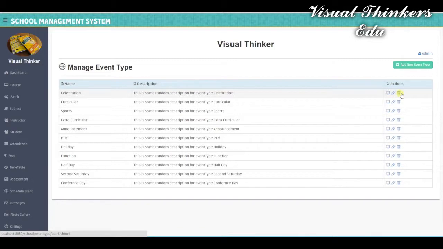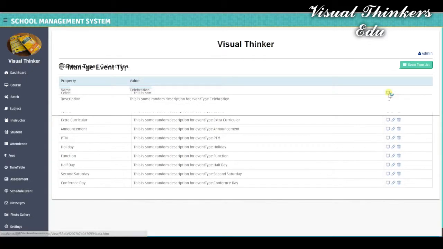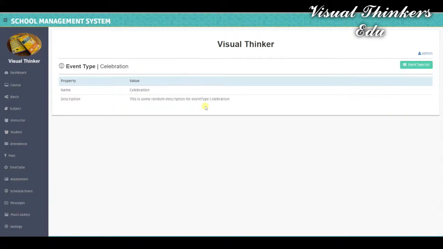As the name suggests, the view button is used to view the description of the event. The edit button is used to edit the information of the event type, and the delete button is simply used to delete the event type. For example, I'm just clicking on the view button. It will display the event name and description.